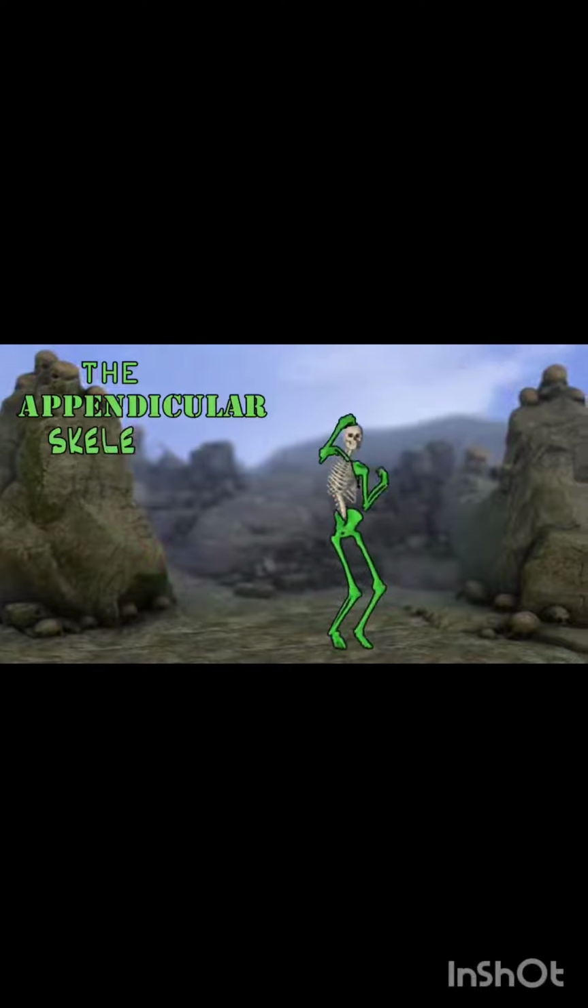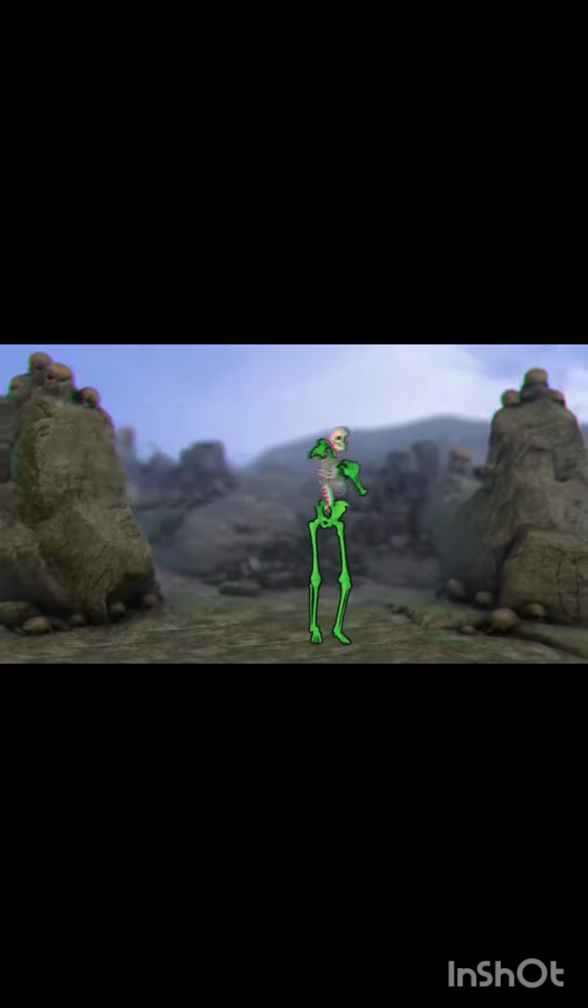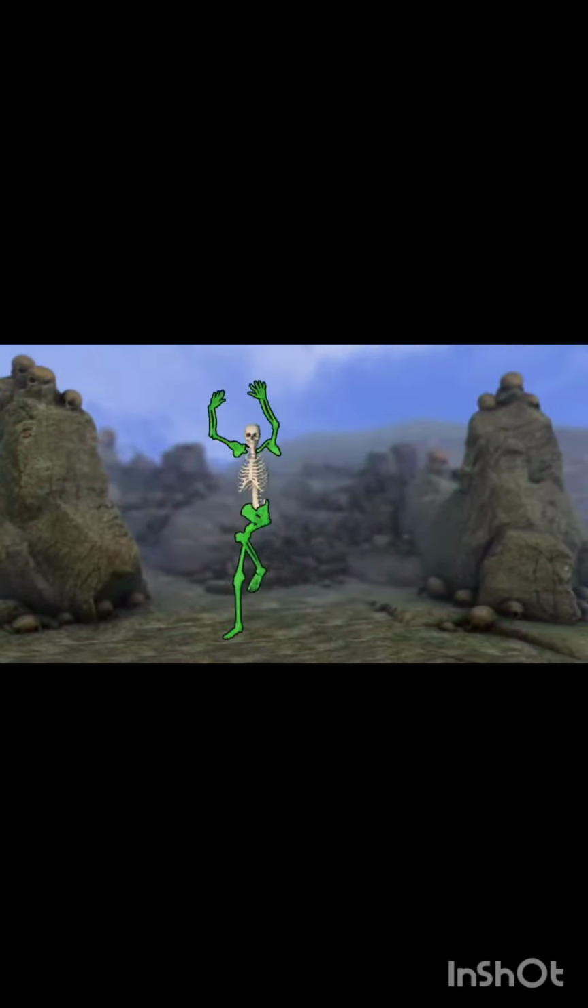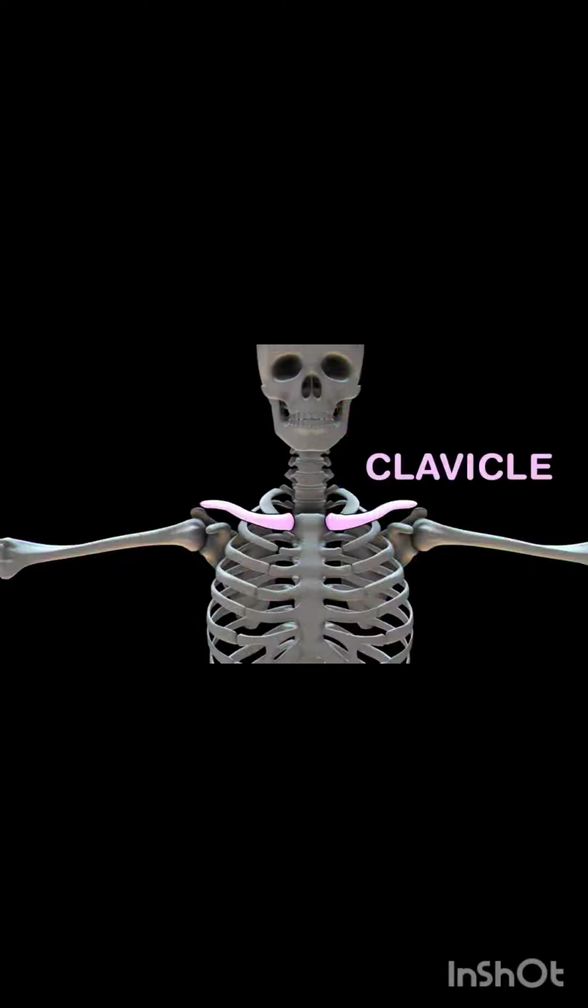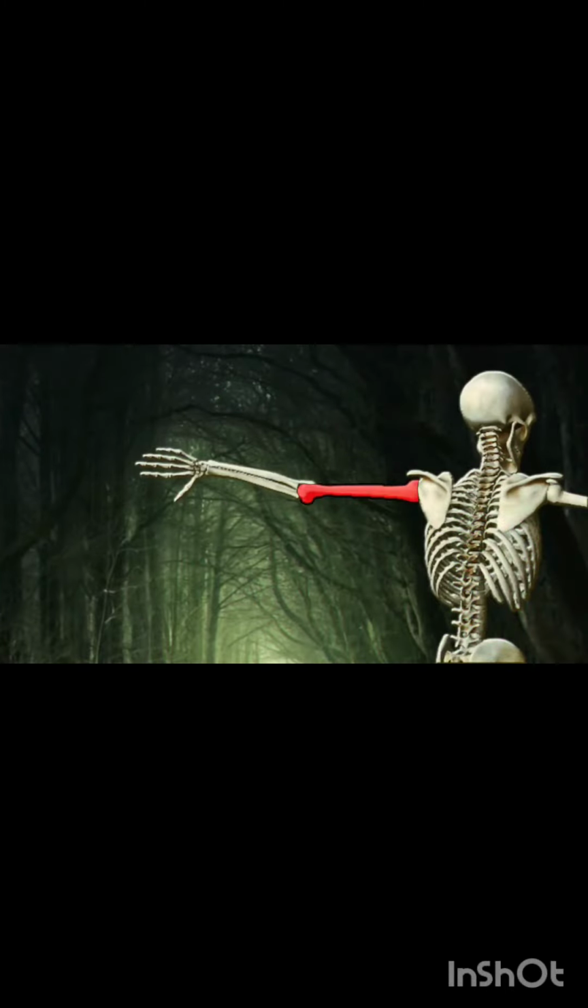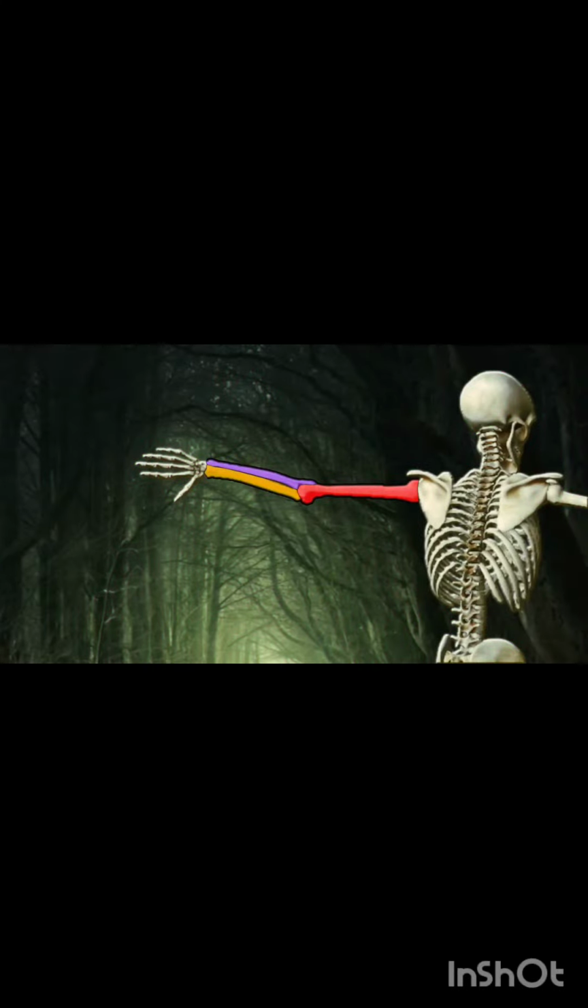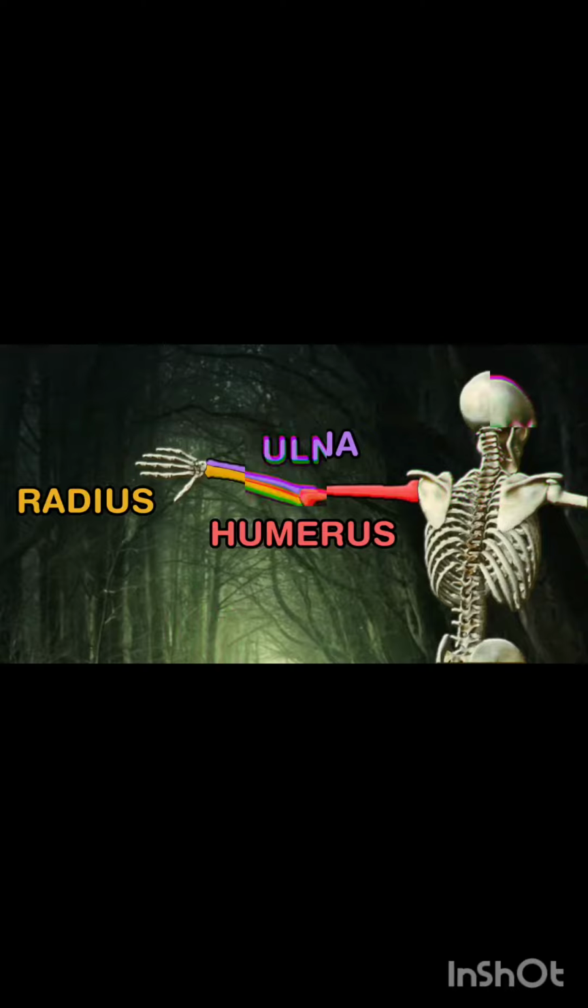The appendicular skeleton, 126 bones, in shoulders, arms, and legs, as we have here shown. Your scapula, also known as your shoulder blade, next to the clavicle or collarbone is laid. You have 3 arm bones, 1 above and 2 below. Here they come together to meet at the elbow. The bones of the forearm are the ulna and the radius, the humerus in the upper arm, so don't you